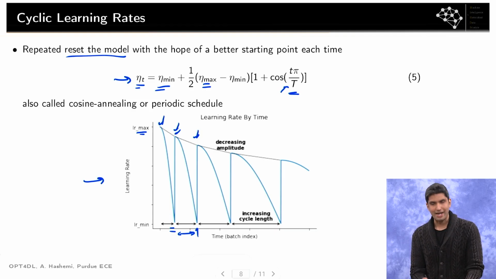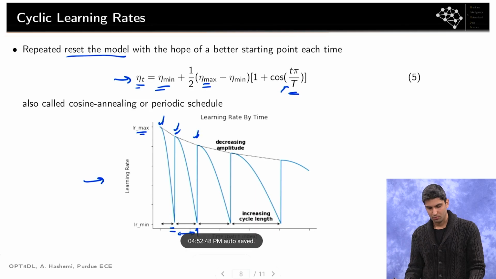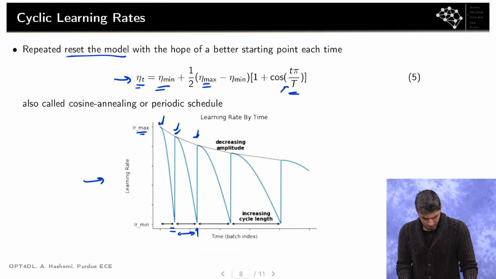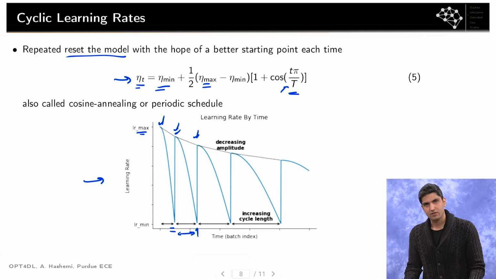So here I'm using a random initialization, as we talked about, for instance, the Xavier initialization to initialize my model, and then I use this schedule to quickly find a better initialization. Then I reset my training process using again a large step size, large learning rate. Now with this better initialization, find another hopefully better initialization, and I continue doing so until I converge to a good solution, potentially faster. Okay, and this approach has been proven to be very effective in a lot of deep learning optimization tasks. Okay,